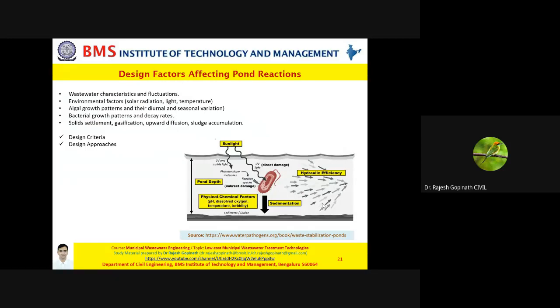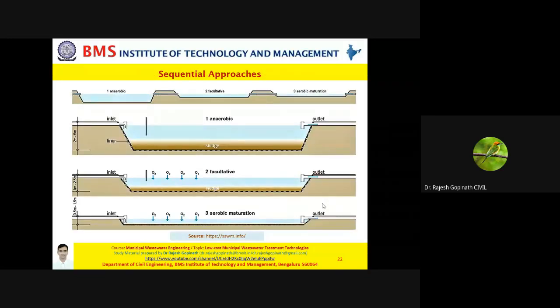These are the various design criteria which affect your pond reaction: dissolved oxygen, the microbial presence, settlement of sludge, the rate of removal of sludge, the environmental attributes such as the temperature and the sunlight, and of course the basic characteristics of your wastewater, and the fluctuation in the hydraulic loading rate and the organic loading rate. Please remember that when you speak about stabilization ponds, you can have them in combinations, in series. You can have anaerobic first, facultative second, aerobic. This all depends on the basic characteristics of your wastewater.